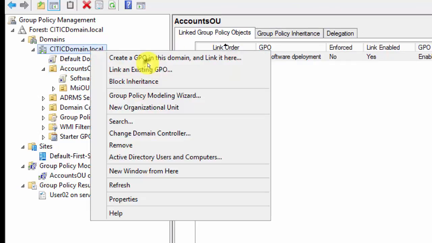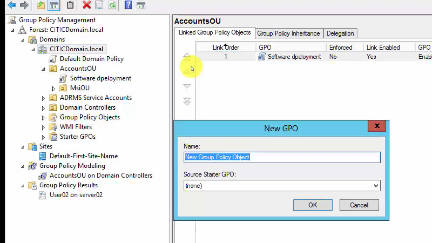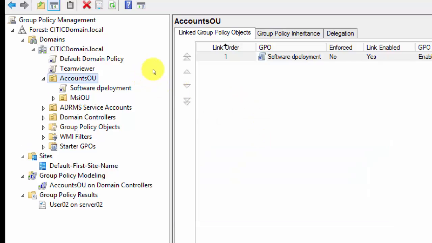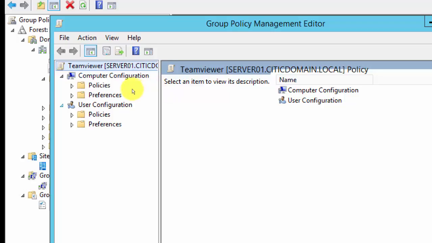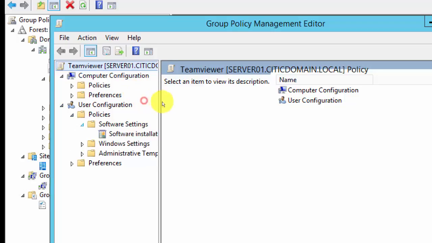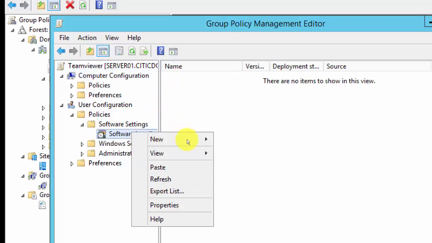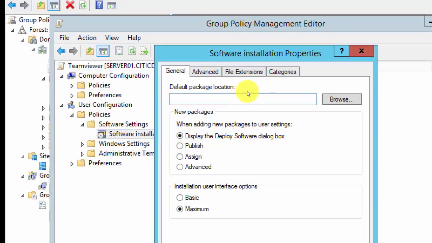So if I create a policy domain wide here now, which normally in a production environment we would not do, but if I'm creating a new policy called Deploy TeamViewer, press OK. I'm just creating a new policy because the other one is not working for me, right? You don't have to create that, and especially at the domain level in production, we don't create any policy, right? I'm just touching the user setting, user area, software installation, right click, and again telling this policy where all the software is, right? So server 01 / software and